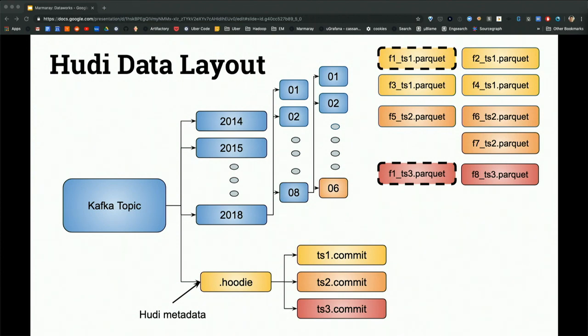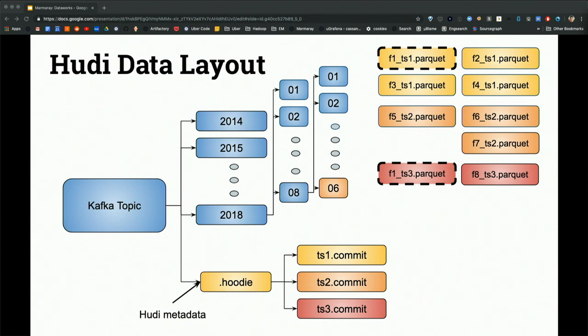Now, as an additional optimization, if you think about it, if the Parquet file has millions of records and you only update one record, you actually have to rewrite all millions of records, which is, of course, again, very inefficient. So we actually have something called Hoodie 2.0, which is a merge on read approach versus this copy on write approach. And so what happens in that one, I don't have slides here, but I'll just describe it really quickly, is instead of rewriting the Parquet file, we'll actually write, almost like a write-ahead log, Avro files that contain all the changes.